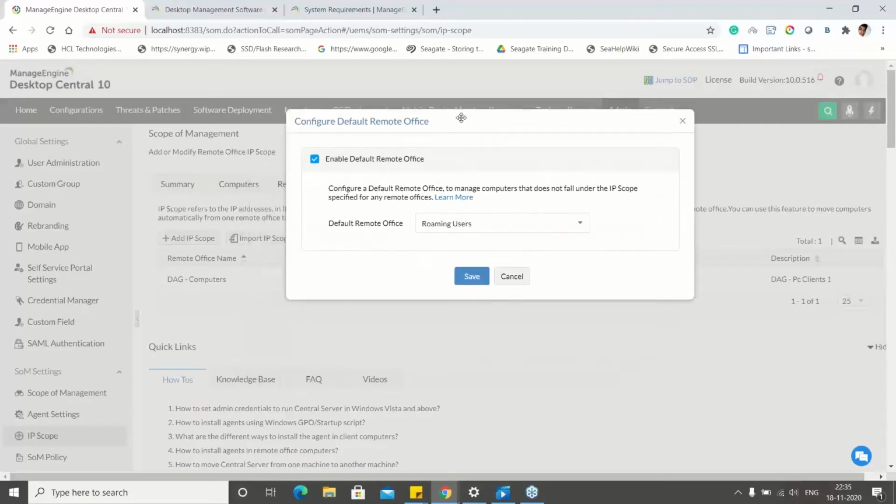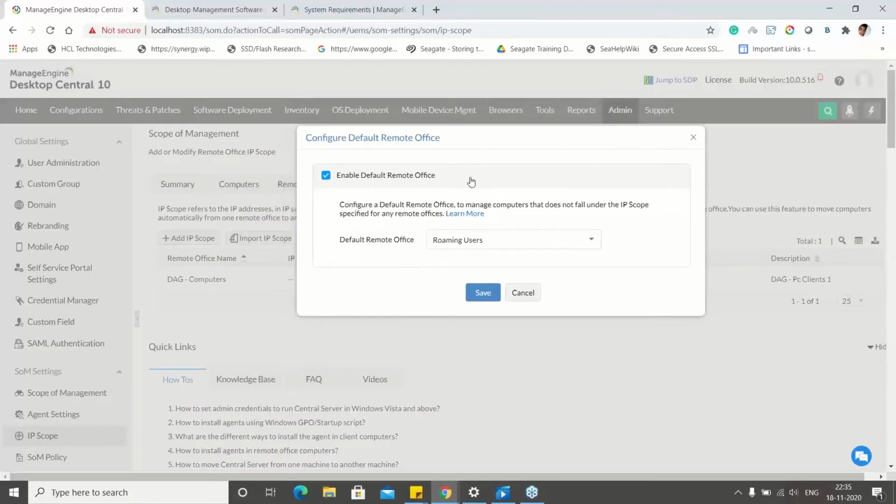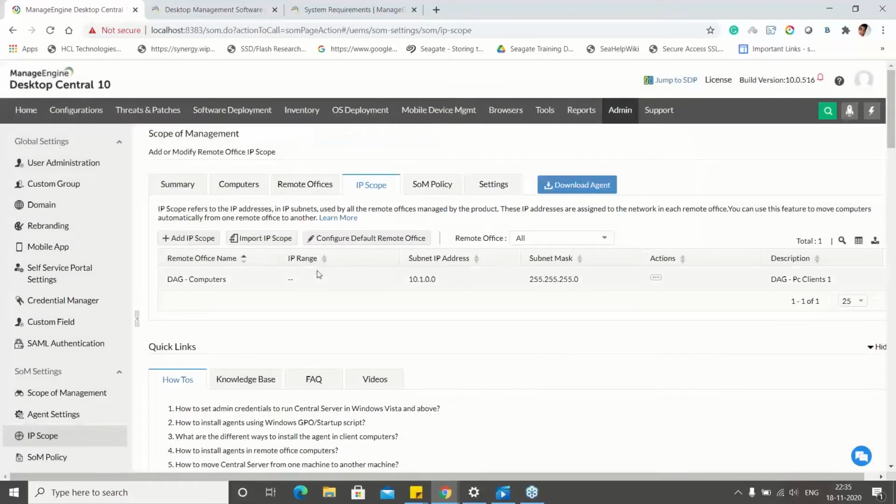So we have the logic to understand automatically what machines are stepping into the office and what machines are stepping out, or if it's not in your infrastructure. So you can very well define the IP scopes. For sure, you'll be having the DHCP scopes for each and every location. If you define the DHCP scopes here, depending upon the IP range, it will reach the nearest distribution server. In case it is not in that particular IP range, it will contact the Desktop Central over a public IP to get the patches and software. So your deployment will happen 24/7 without a failure here.